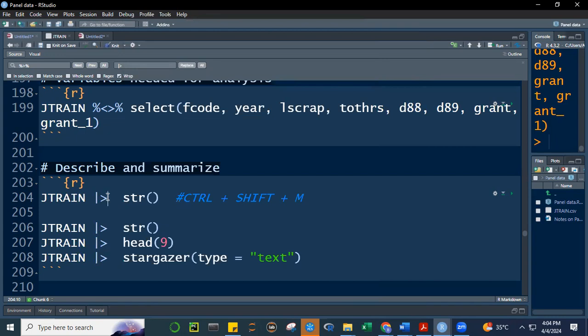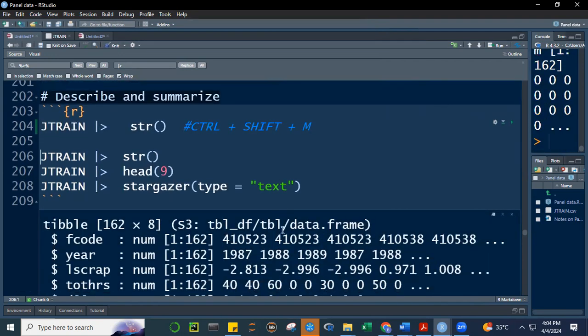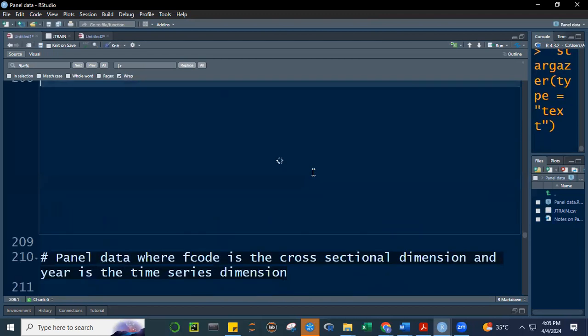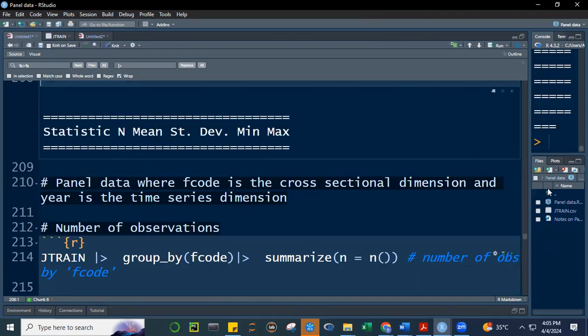Control Shift M. And you'll notice that it's new. This is the new one, since it's easier to write than percentage greater than percentage. All right, so we have already the new pipe. And this simply means, if I get the structure, see? Like structure JTrain as well. I'm just telling you, the pipe operator, okay? The head, you already know. JTrain and then Stargazer here. It will now give us a